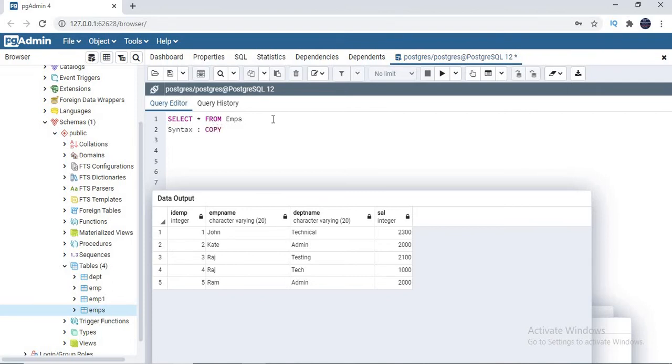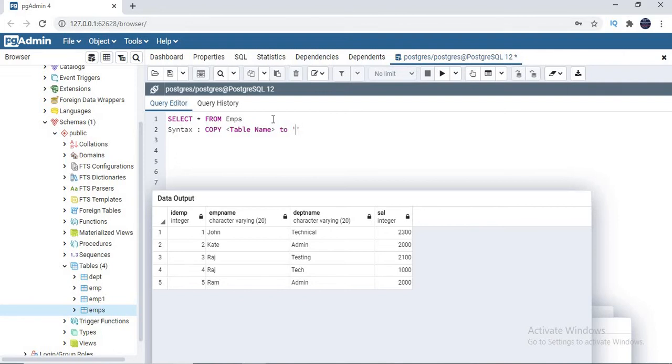Copy what you want to copy: the table data, so the table name. Let me put it as a straightforward table name. Table name to file.